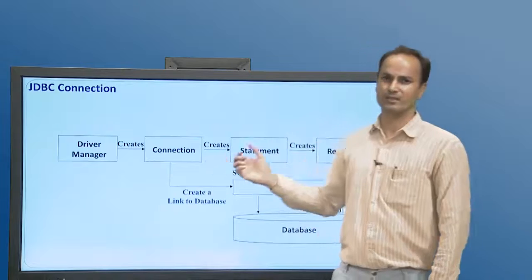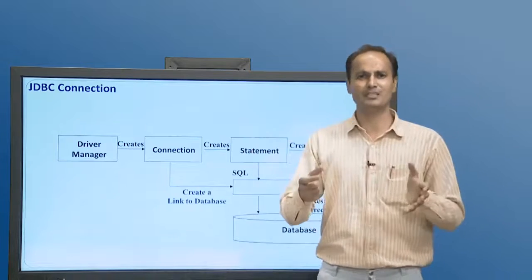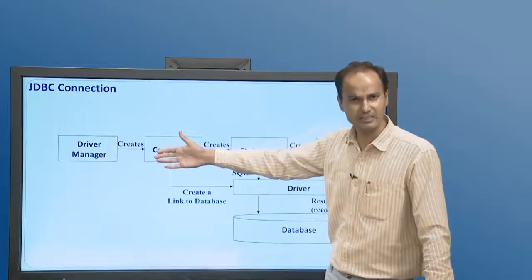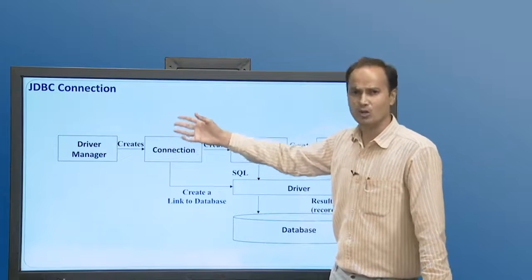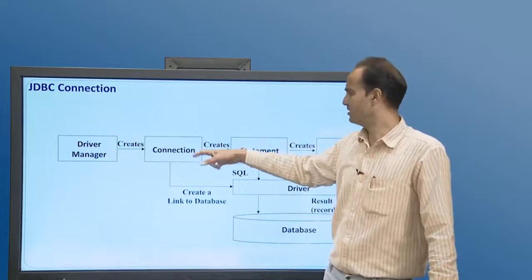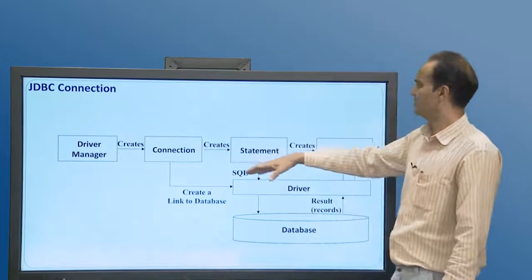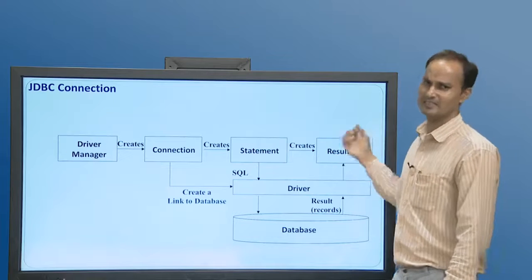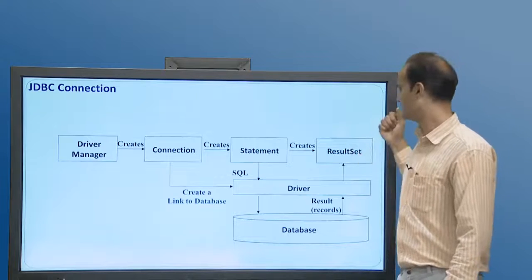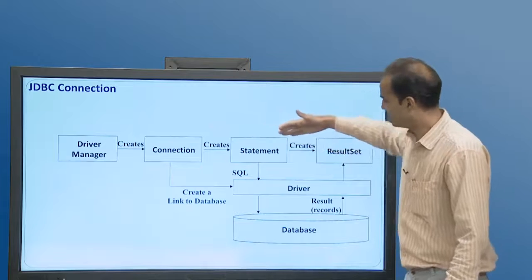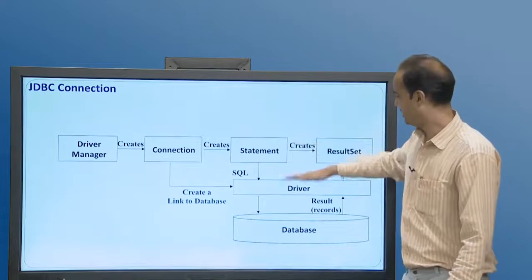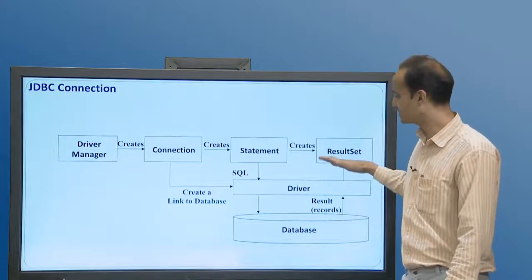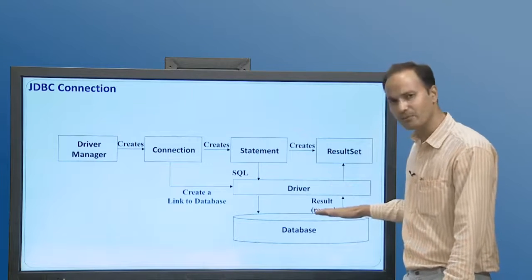Now how does it work once we have a program using JDBC? Let us visualize it through a diagram. There would be a driver manager. The driver manager allows us to load the driver and establish the connection. Then, once the connection is established, we can create a statement. Using these statements, we can fire queries to the database and get the result back in terms of a result set. This is from the Java program side. Under that, the JDBC API is used, and the JDBC API helps us establish the connections with the database.